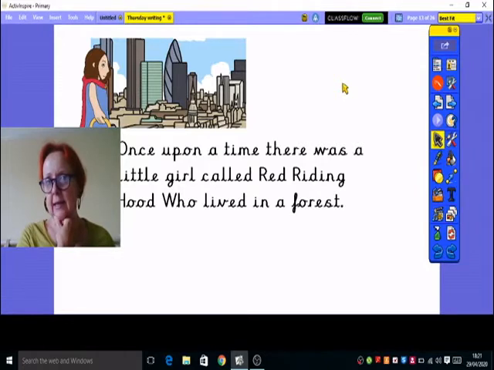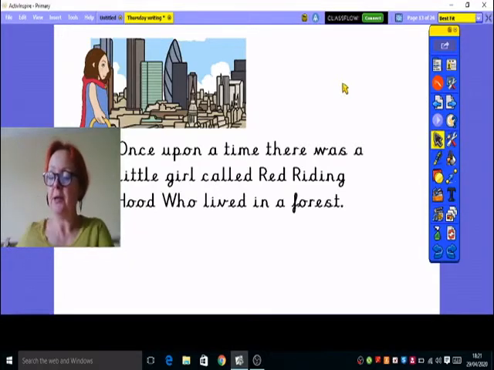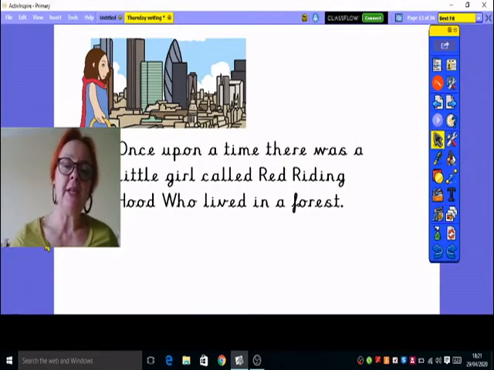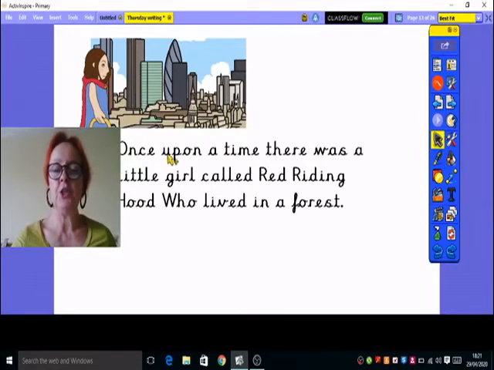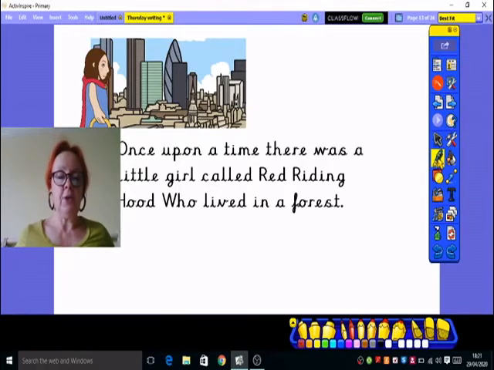Is it big or noisy, busy, loud, shiny city? Some cities, we can see the Gherkin there, that's shiny. So I think I'm going to leave this bit the same. I'm not going to change my starting bit. I'm going to keep